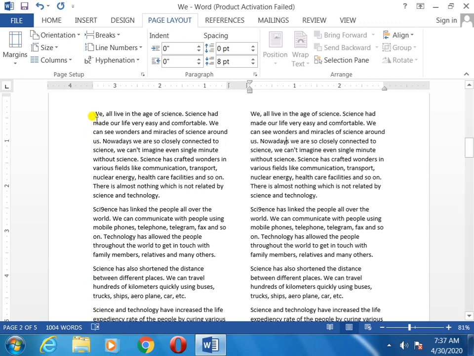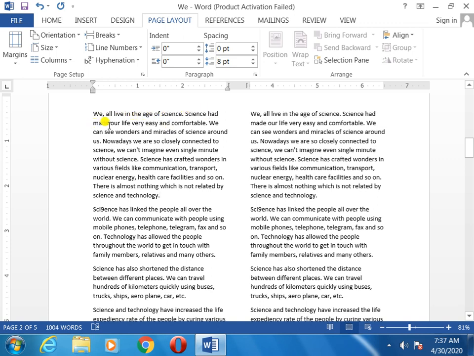Justify method means, as I told you in the previous class, when the left side is equal but the right side is not equal, we make the right side also equal. Okay, this side also. Some students are thinking, sir, it became double. My dear, I made it by copy and paste, and you will read it like that. This column goes up to: we all live in the age of science.